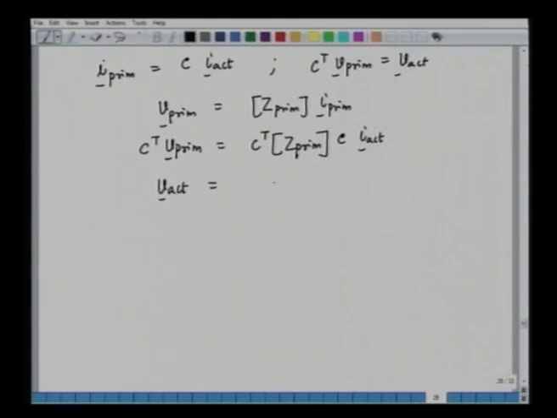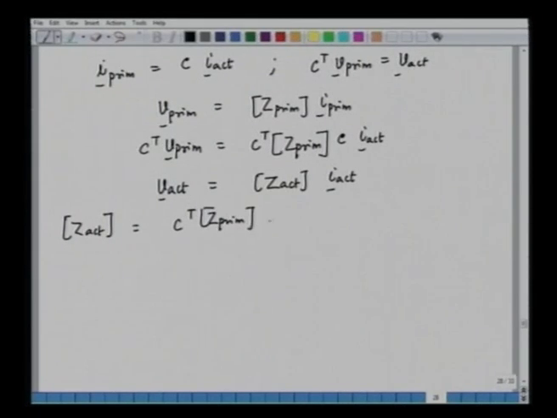V actual is equal to Z actual into I actual. So, Z actual in this case is C transpose Z primitive into C. So, we can evaluate what is Z actual. So, Z actual is given as C transpose